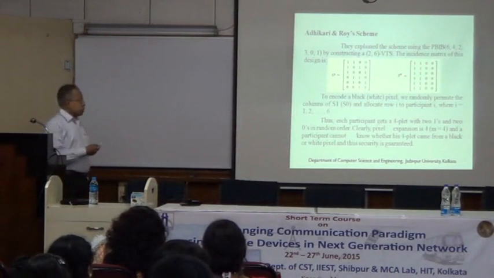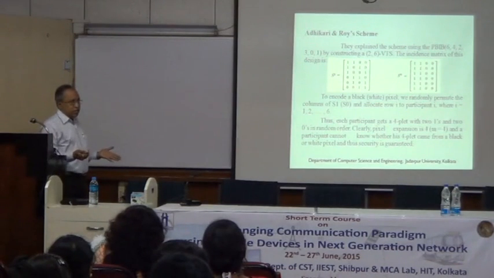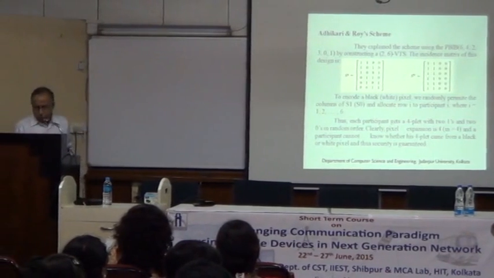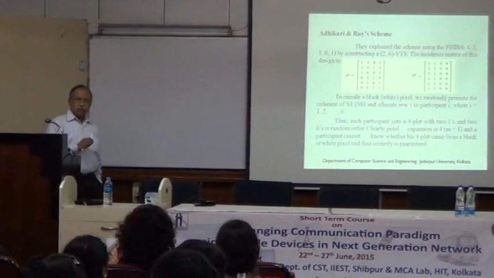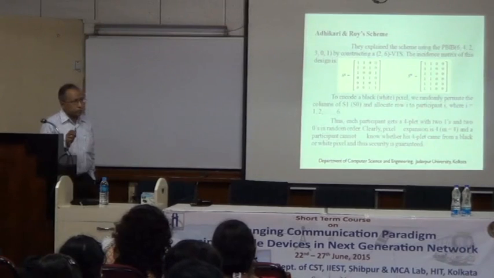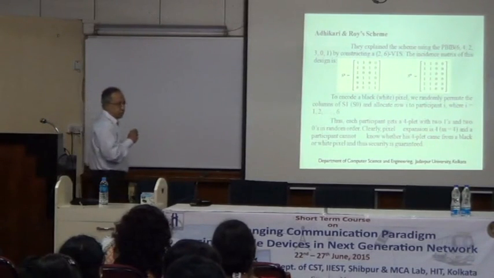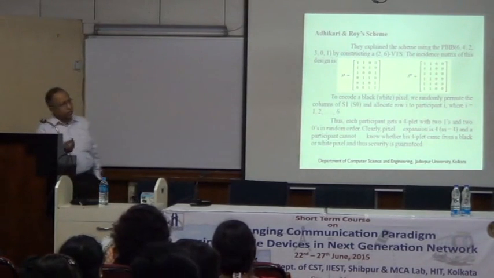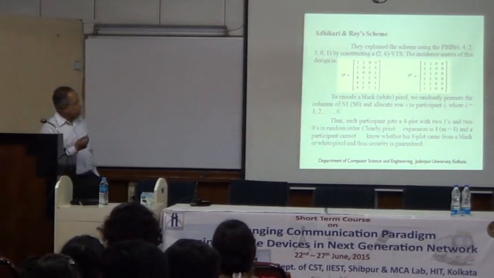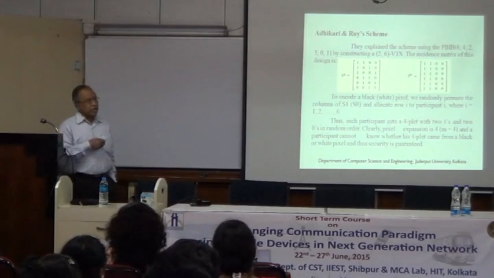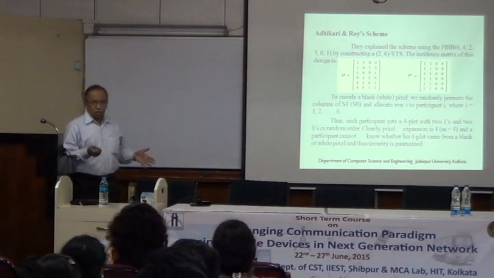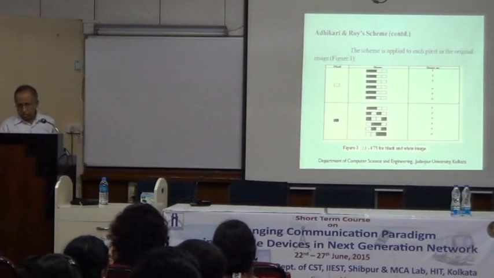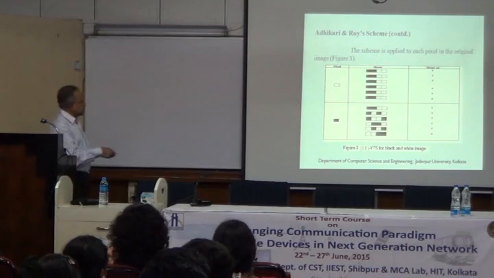But here also you can make 6 shares, but you need only 2 shares. No other combinations. Is the concept clear? This is the starting point. With black, in either case we are not getting the original image back, the original is black and white, and there is an expansion of size in shares. Our proposal is, let's just see the model.